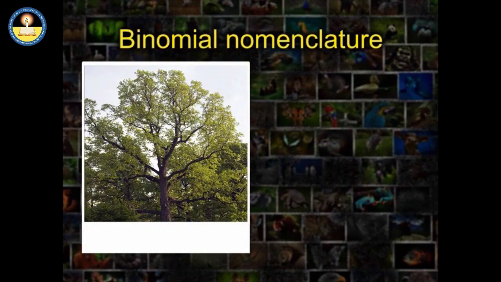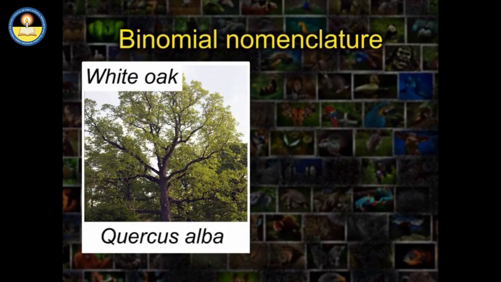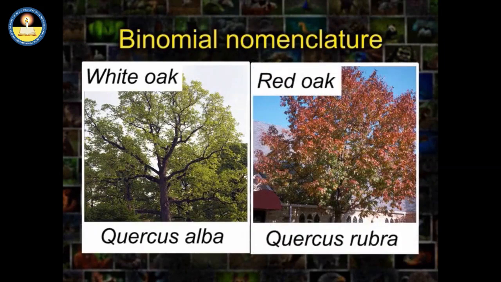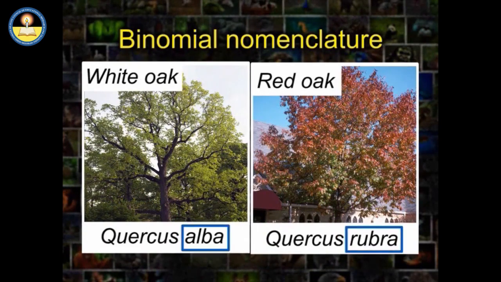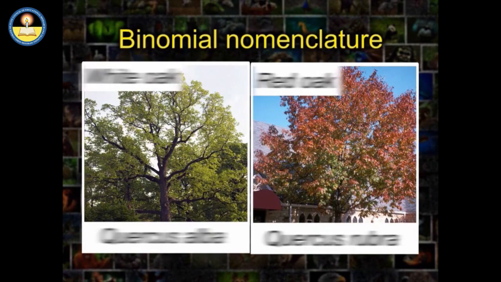The scientific name of the white oak is Quercus alba, while red oak is Quercus rubra. The word Quercus in the names is taken from its genus and it applies to all species of oaks. Names of all types of oak start with the genus Quercus. Alba and rubra are two different species of oak. Alba is for white oak, rubra is for red oak. Another example you see,